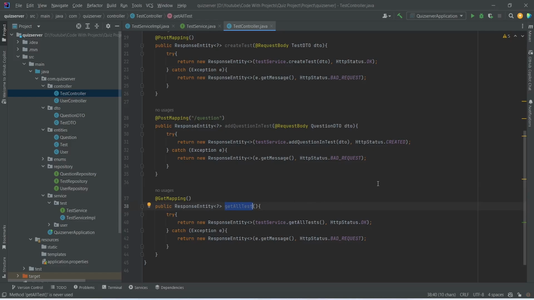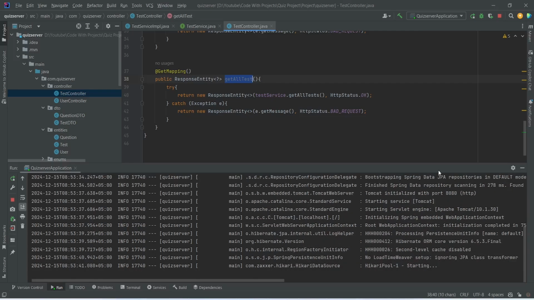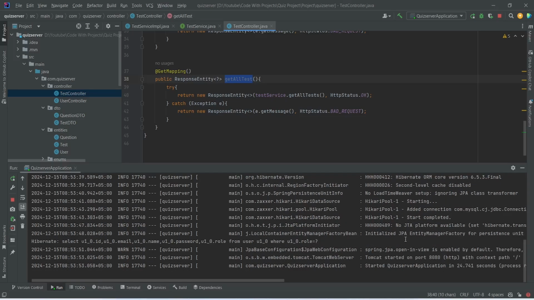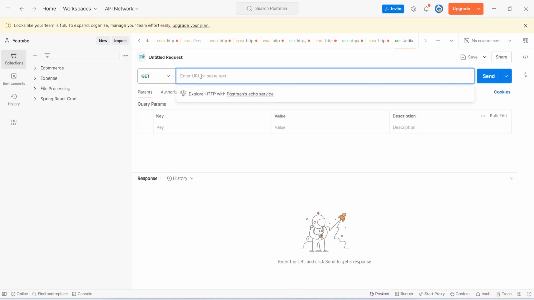Now let's run our application, and as you can see our application is up on port 8080 without any errors. Now let's go to Postman and test this API. In Postman for the request type we will select GET, and after this we need to enter the base URL, which is http://localhost:8080, and after this we need to give the controller and method URL, which is